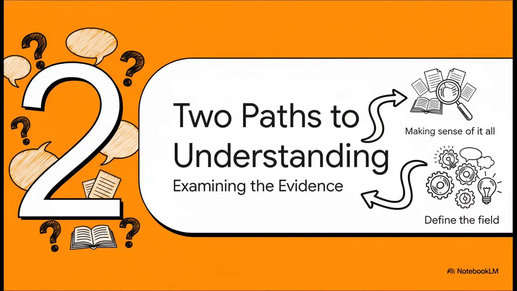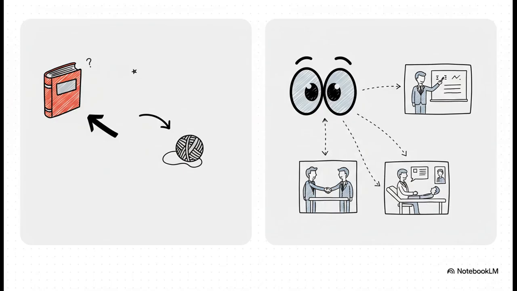With a divide that deep, it's really no surprise that scholars came up with two totally different strategies for trying to define the field. You can think of them as two competing investigative philosophies for cracking our case. Okay, so the big split here is between a theoretical approach and a practical one. The dictionary approach, which guys like Whittleson really champion, is all about finding a clean, stable theoretical center. It says applied linguistics has to have a clear identity, and that identity is its job as the middleman between linguistic theory and real-world language problems.